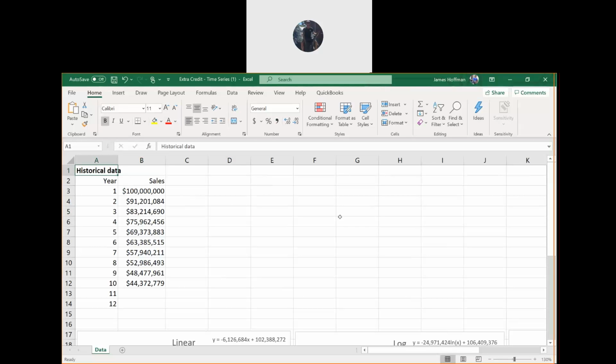And you can make that bold or hit Control B to make that a bold header. Then over here, let's make the predictions area. So in C1, let's call this predictions.